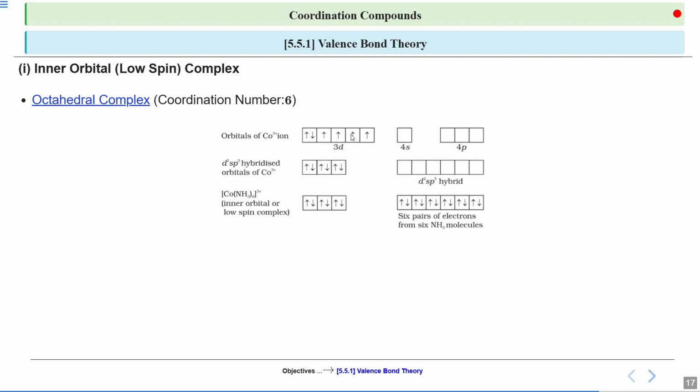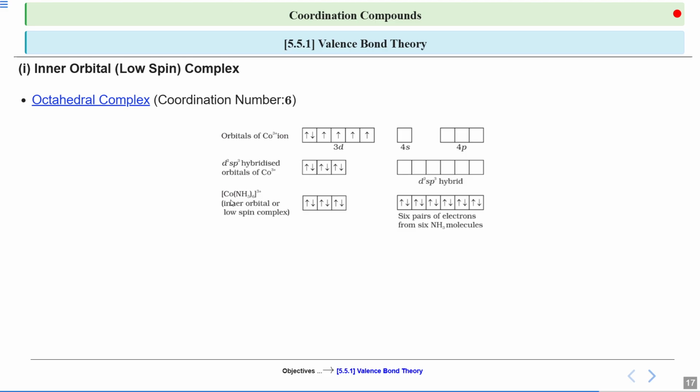Right? So that is going to include the 4s and the 4p orbitals to form the d2sp3. That means two boxes of two energy levels of this 3d, one from 4s and three from 4p, that we are taking as hybrids for proper ligand bonding, because its coordination number is 6, so 6 ligands can attach to it, filling their electrons